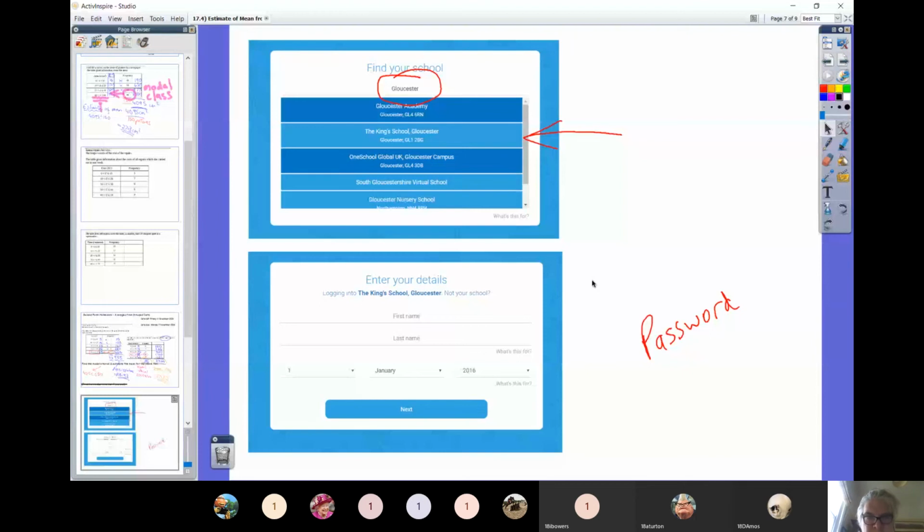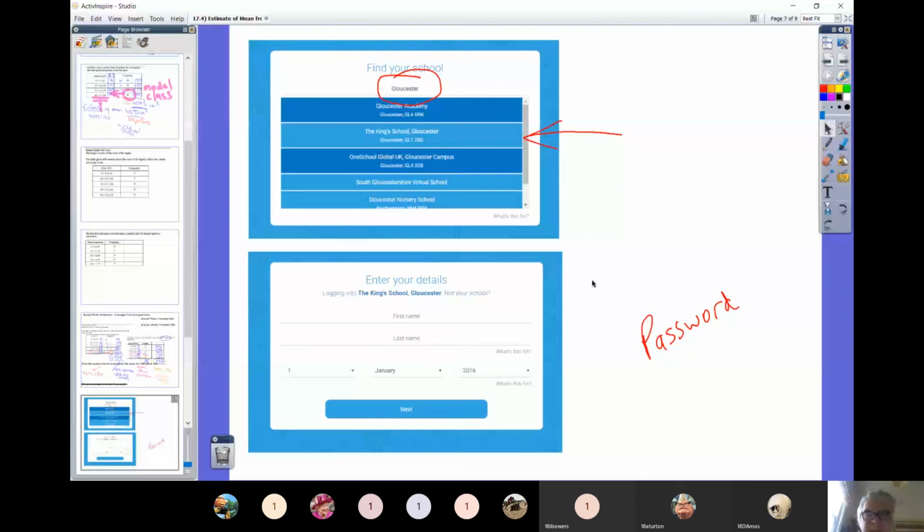You go and have a look at what pages are available, and you'll see that there's a new page ready for today's work called 17.4 Estimating the mean from group data, and then it says Hegarty in brackets. I will automatically move your mark across onto that page, allowing me to leave you a comment. But as I said, if you can upload your workings, I'd really like to see them.